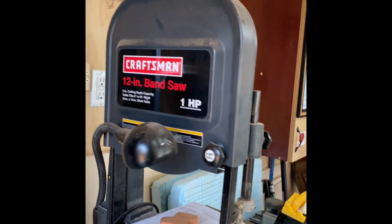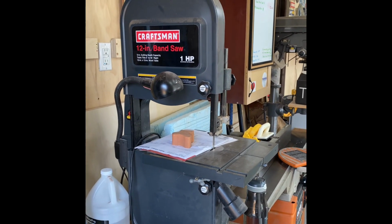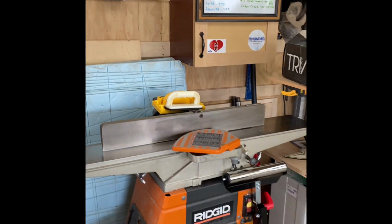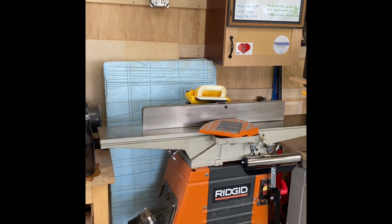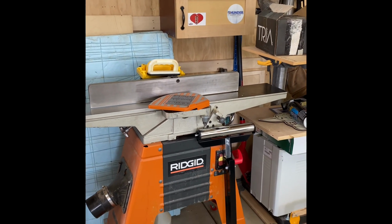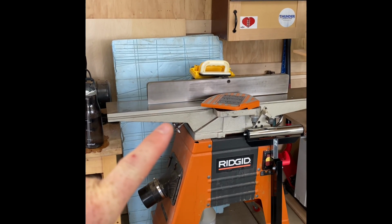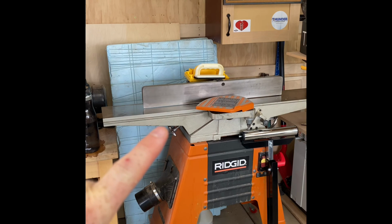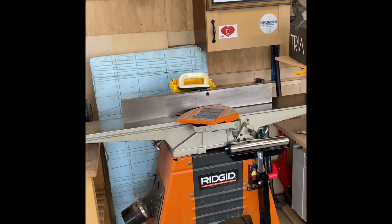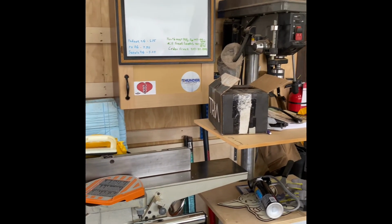So this is a Craftsman 12-inch bandsaw that I rarely use, but when I do need it, it is nice to have. And then here's the Ridgid jointer. It's a 6 1/8 inch jointer that I use quite often. Right now I need to either raise the outfeed table or drop the cutter knives down a little bit. I changed the blades on it a couple months ago, and